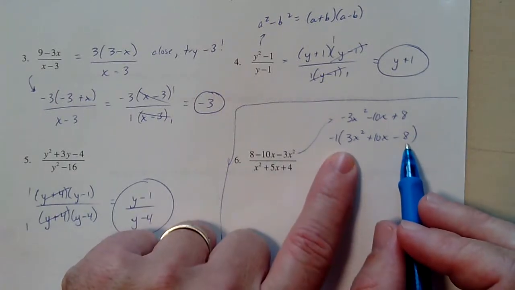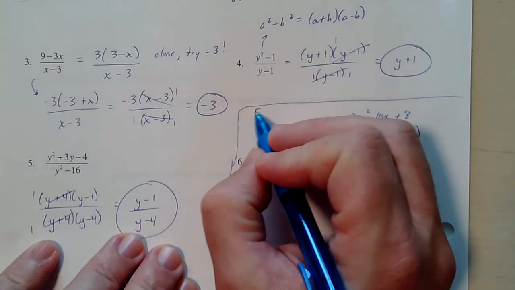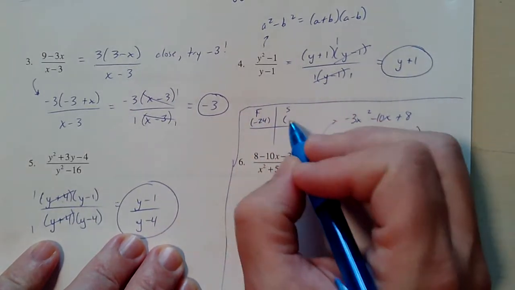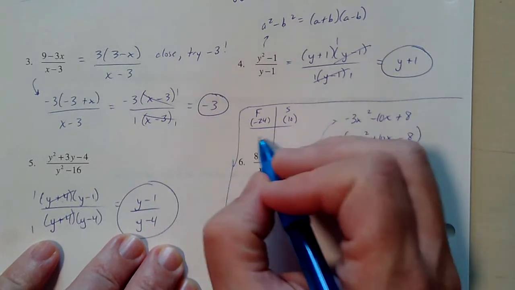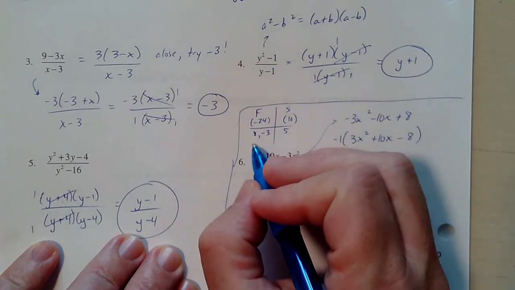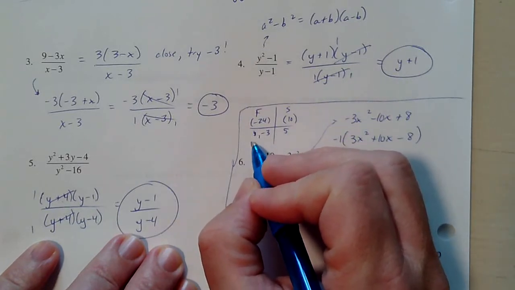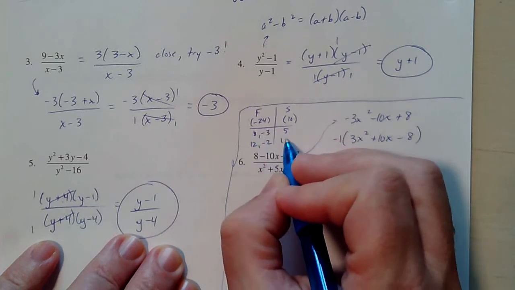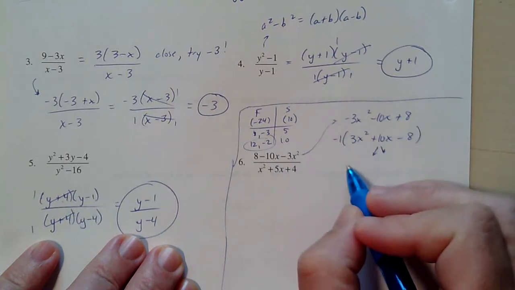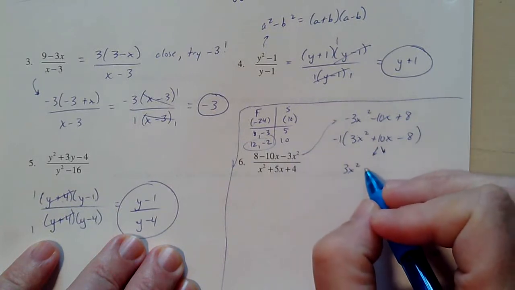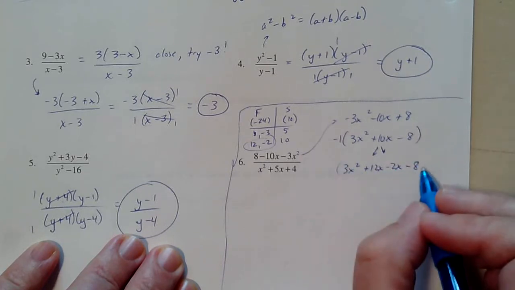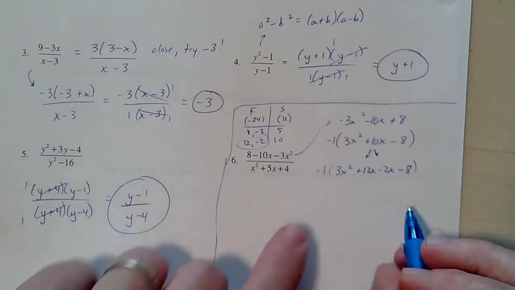So we're looking at factors of negative 24 with a sum of the middle term 10. So I'm going to start brainstorming. Maybe an 8 and negative 3. Nope, sum of 5. That doesn't work. Oh, how about a 12 and a negative 2? That gives me the sum of 10. So that's what I want to use to break this apart now. Okay, still got this negative 1 over here. All right, and then we